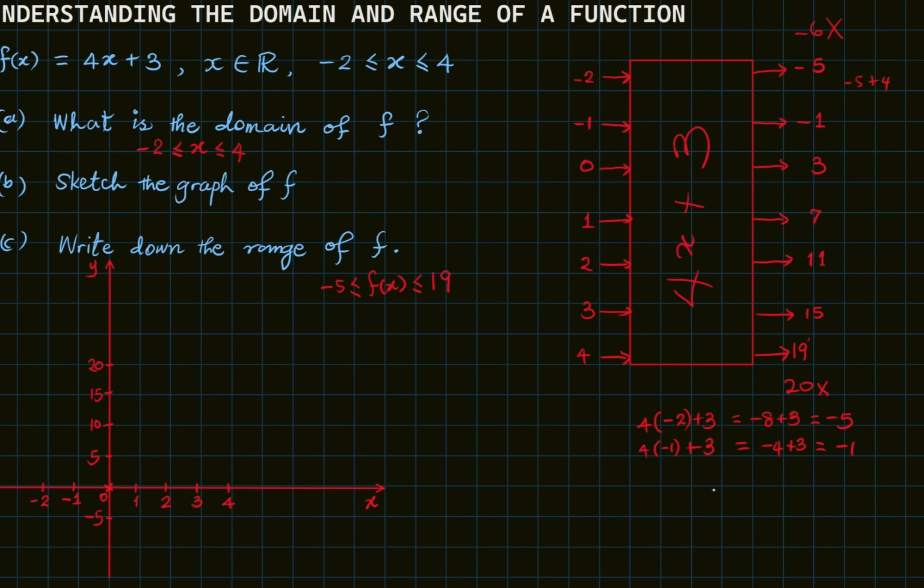Please note that there is a change in notation here as against the domain. The domain generally represents all the inputs and the range represents the output. So in any case, this could have been y. If, for instance, the function written here was y equals 4x plus 3, in that case this should have been -5